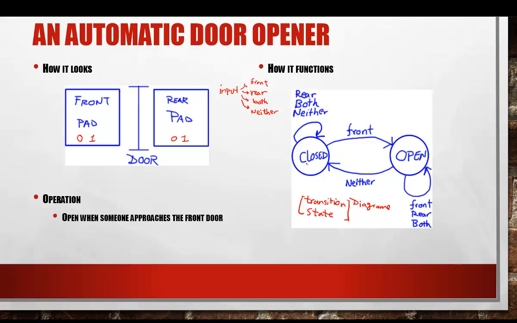And the way that it works is that if the machine is in the state closed, meaning that the door is closed, the door remains closed if nobody's at the door, or somebody is at the rear door, or somebody is at the rear door and the front door. The reason that we stay closed in those cases is that if somebody is at the rear door and somebody appears at the front door, if we open the door, we might knock the person at the rear door down. So that's what I said, that the condition of the door being controlled and not being a sliding door dictates that we will have to keep it closed,